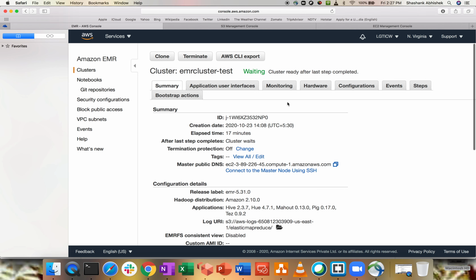And if you want monitoring done, or a different set of configuration, like using Spark instead of Hive, you can do that as well. That totally depends upon the requirement. I just showed you with the help of Hive and the sample data from Amazon. I did not have sample data with me, so that's why I took it from Amazon.